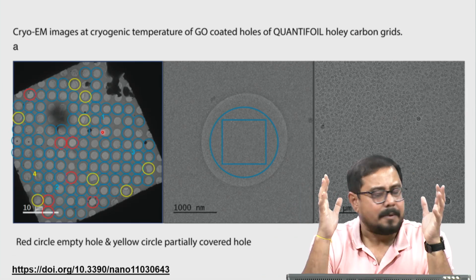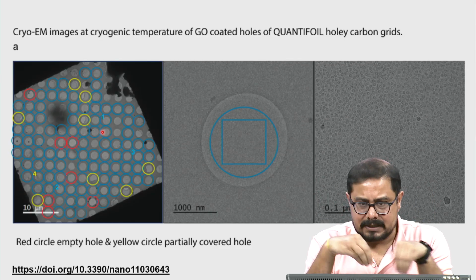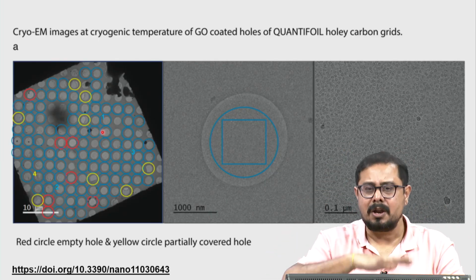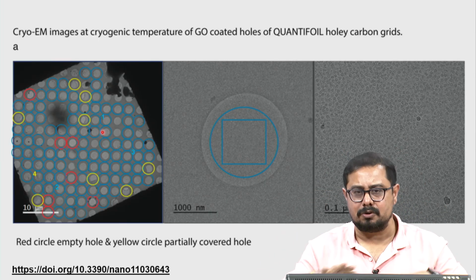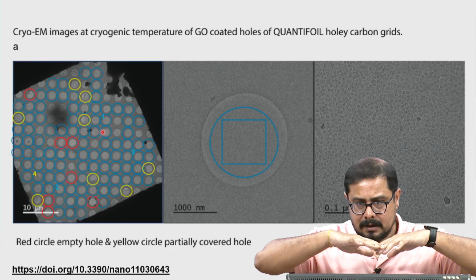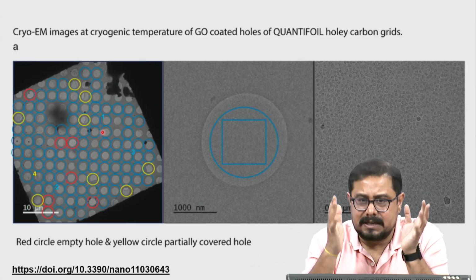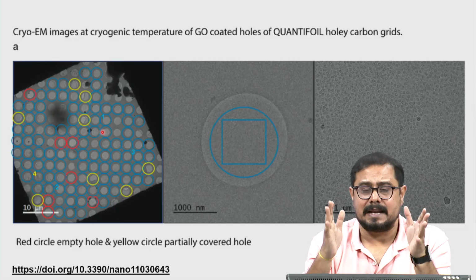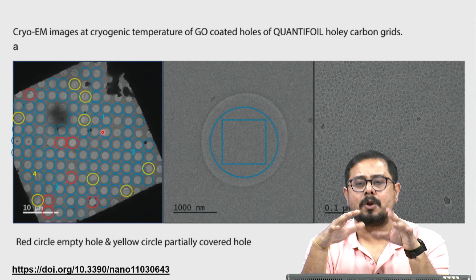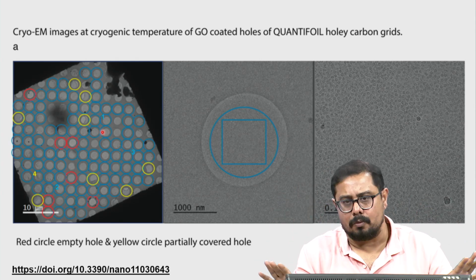We discussed the beam induced motion, because our sample is staying inside the amorphous ice. When the electron beam is going through that sample, there is motion of the sample, and that is called the beam induced motion. That beam induced motion is affecting our images, and it is basically affecting our high resolution signal. If there is a continuous drift, you can visualize the overall shape of the molecule, but all the fine details will go.